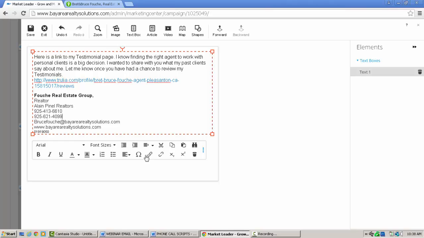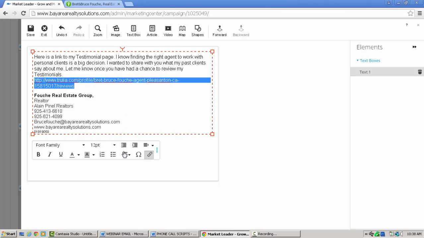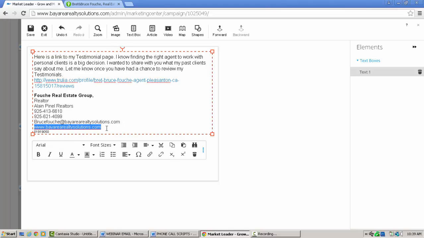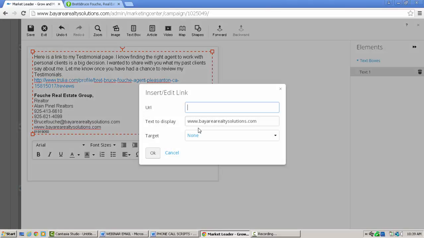Okay, so if for some reason you just have the URL and it's not hyperlinked, you just copy it, open up the More tab, and you can see these two options: edit the link or remove the link. So that's where you would hyperlink, and you can hyperlink anything. If you want to add your website hyperlink, just click in your signature, highlight the whole thing, insert hyperlink,